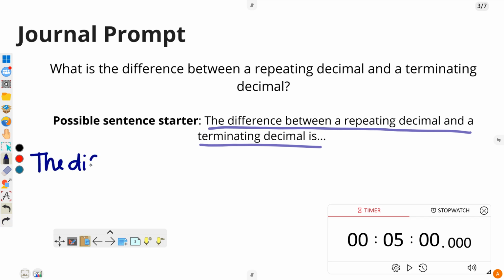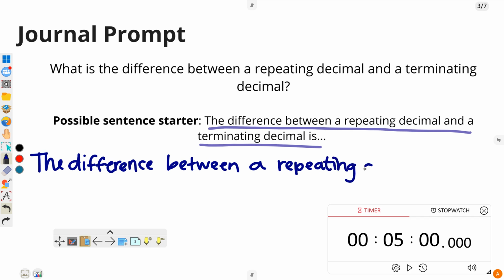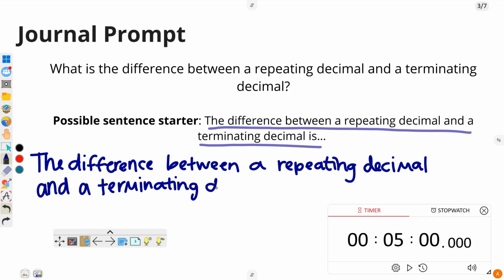The difference between a repeating decimal and a terminating decimal